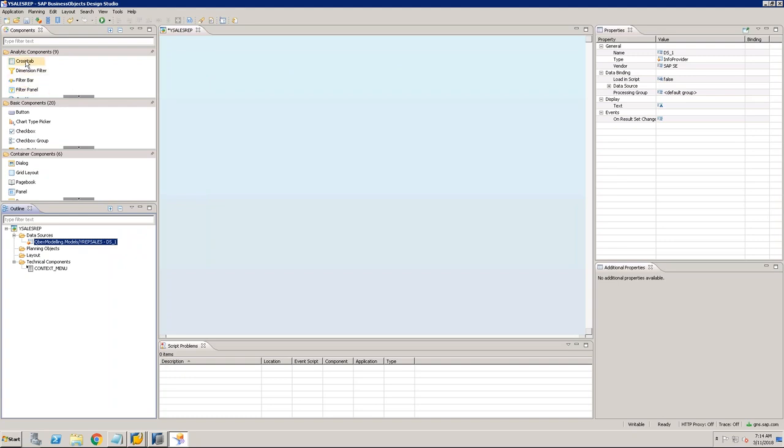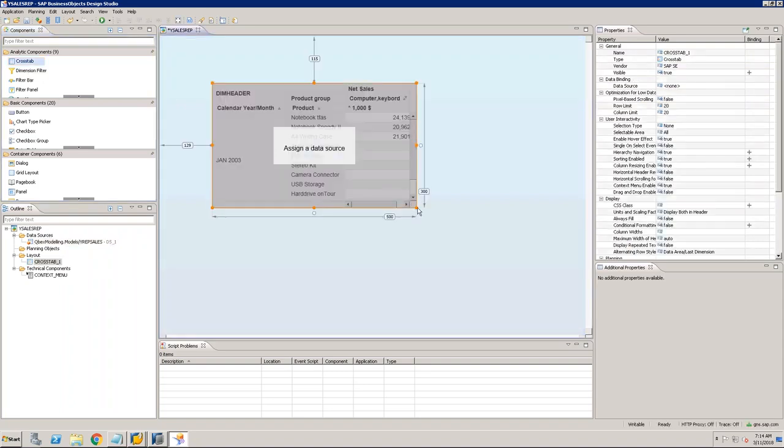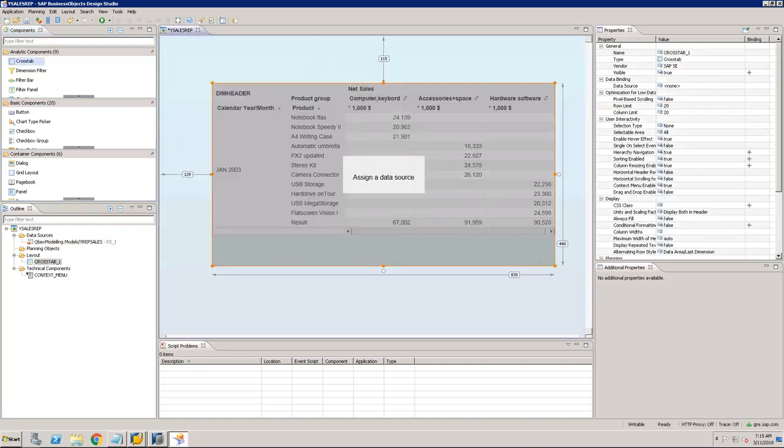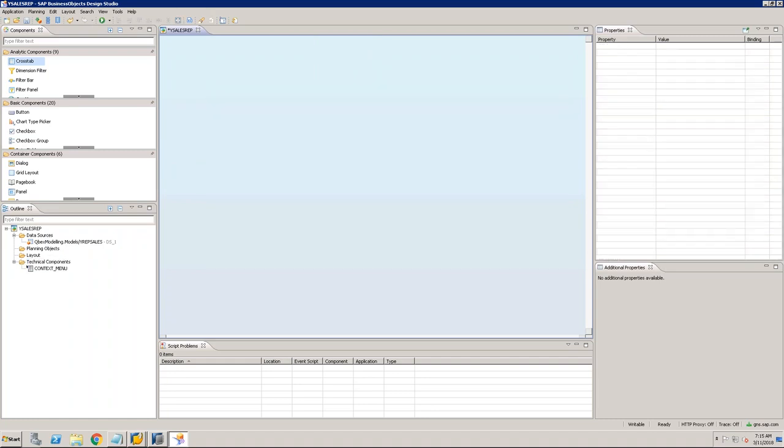I think that we can do later. I just want normal cross tab. Okay, let me just do that. To organize this layout,